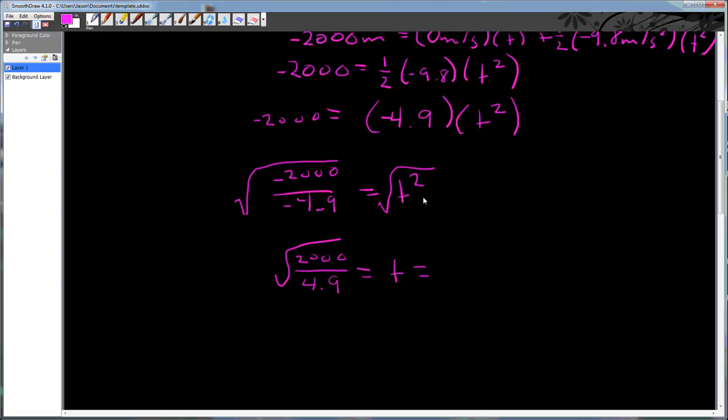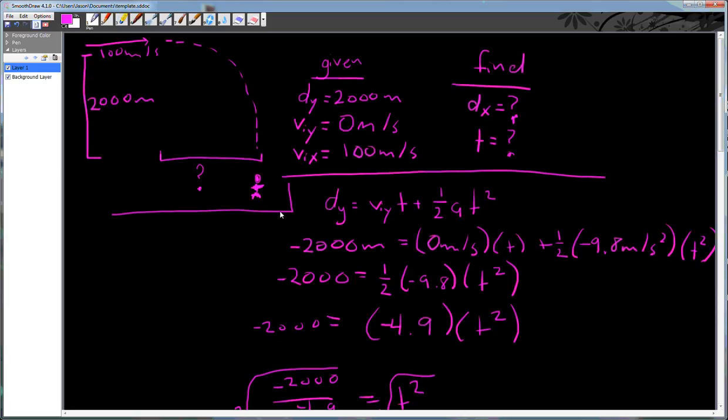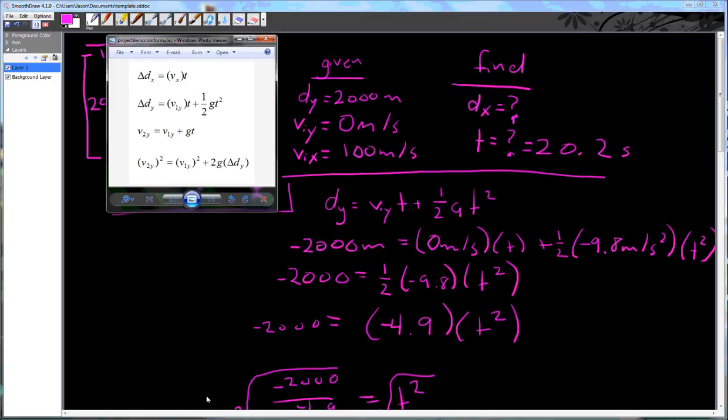that's 408.1, actually I'm sorry, that's 20.2. It'll take 20.2 seconds to fall that distance of 2,000 meters. Alright, so our t is 20.2 seconds. Now that I have my t, right, and I have my Vx, I can use this dx